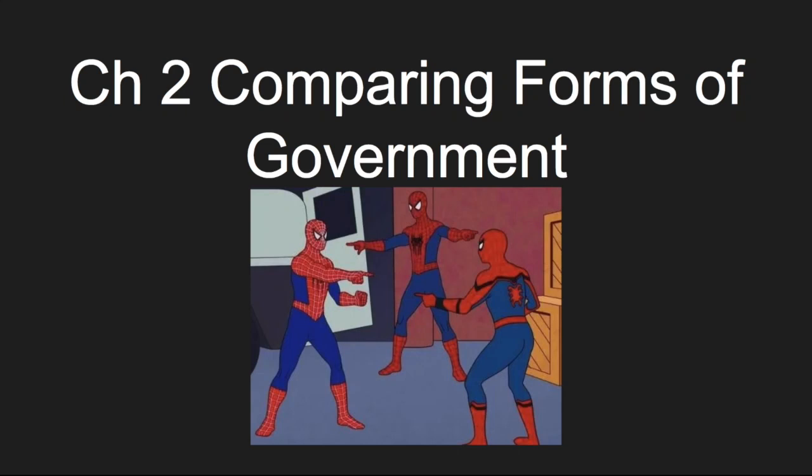to comparing forms of government, and to a slightly lesser extent, we're also going to be comparing economic systems. This unit will go faster than the last one, I would think. A lot more real world examples here, but at the same time, even though you've looked maybe at the slides and said, hey, that's the same length, you will quickly realize that there is about a third of this in